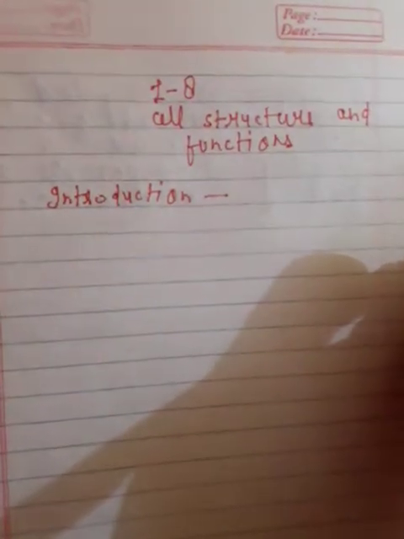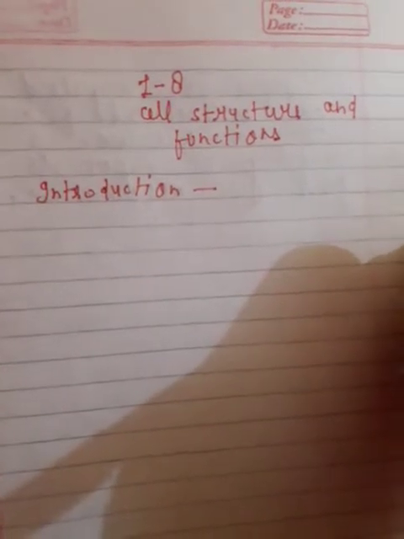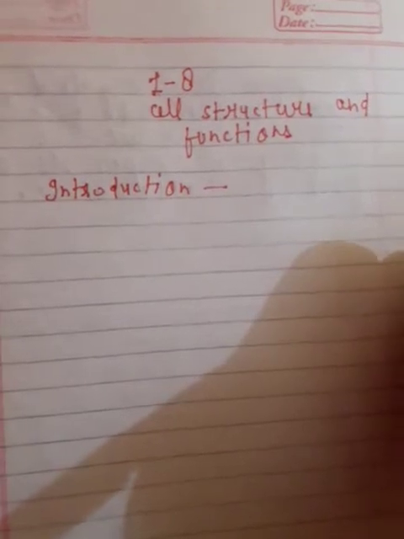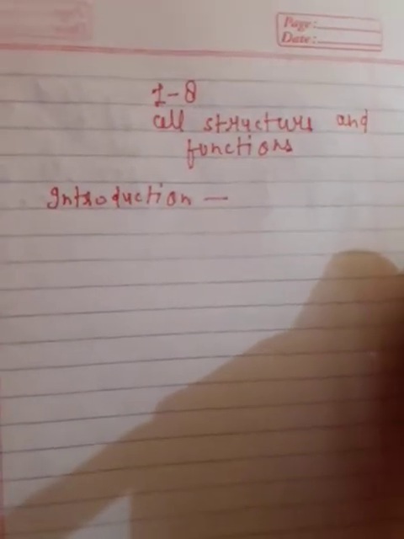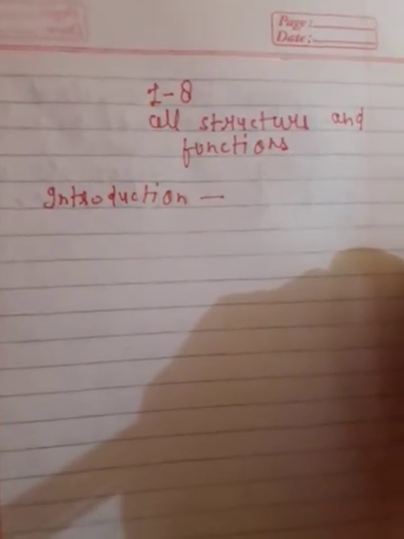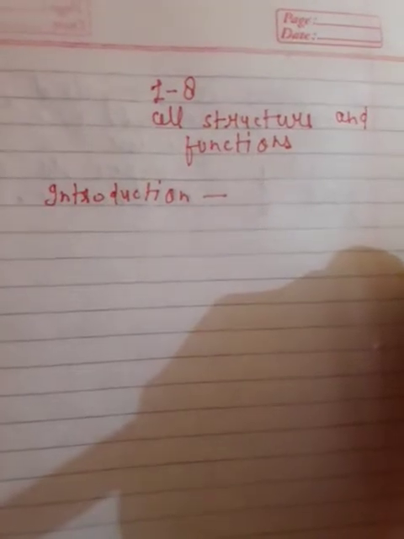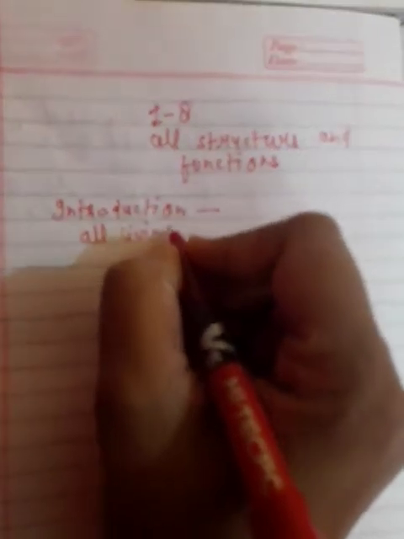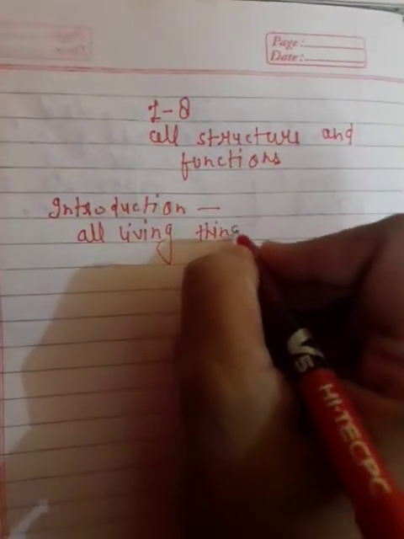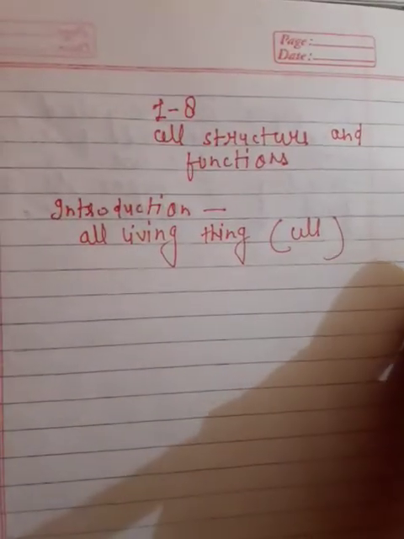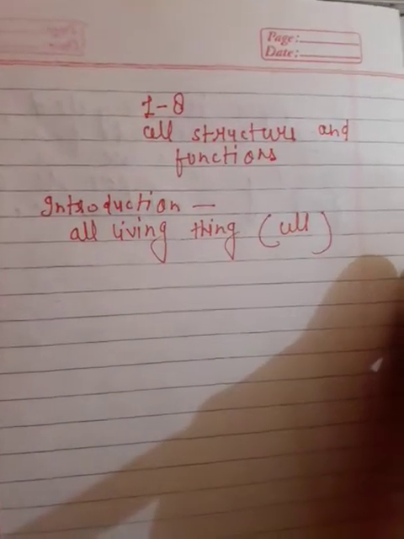So first I will tell what a cell is. In class 6th you have learned that all living things are made up of teeny parts that are called cells. All living things are made up of cells. And can we see these cells from external examination of a living being?